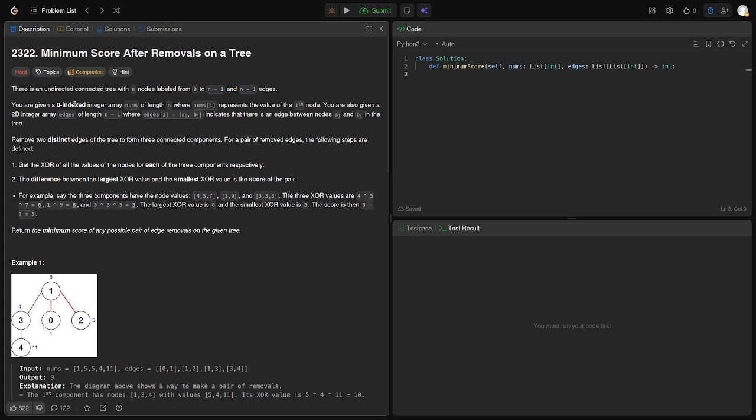Today we got a hard problem, 2322, Minimum Score After Removals on a Tree. There is an undirected connected tree with n nodes labeled from 0 to n minus 1 and n minus 1 edges. We are given a 0-indexed integer array, whatever, we got some edges, and we remove two distinct edges to get three components. We get the XOR of components, and the difference between the largest and smallest XOR is the score of the